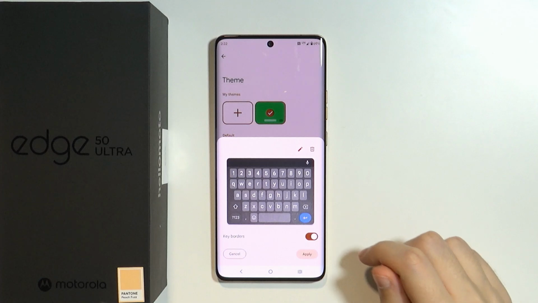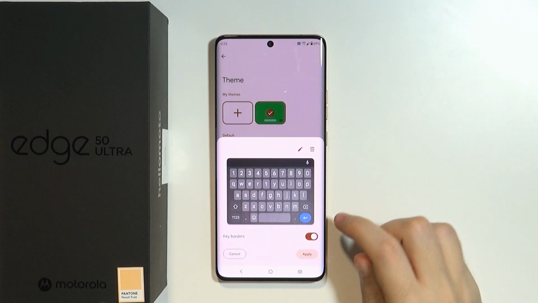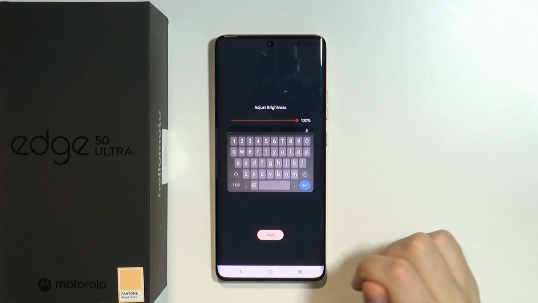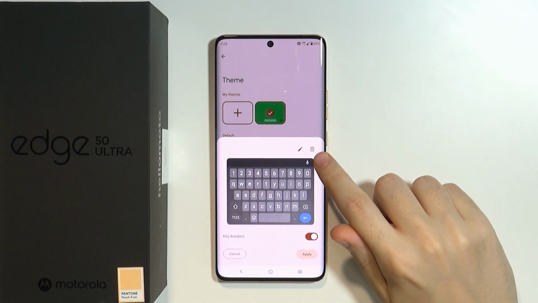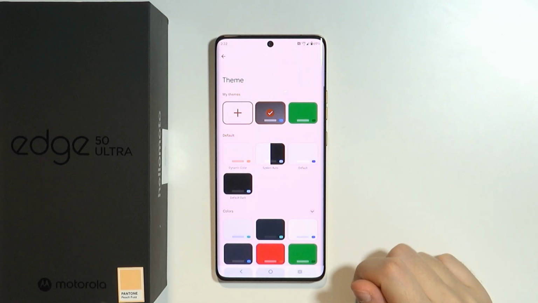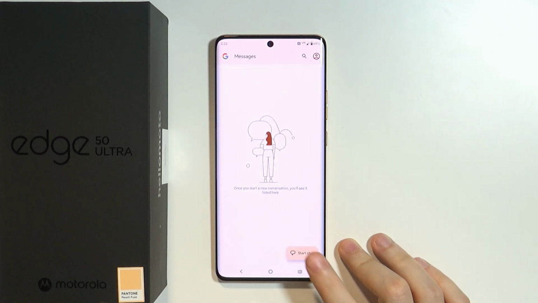And there we go. Now we can change the key borders. We can also press this pen in order to re-edit the picture. And of course over here we can remove the theme as well. But if you want to use it, we can just press apply. And there we go. We should now have our own